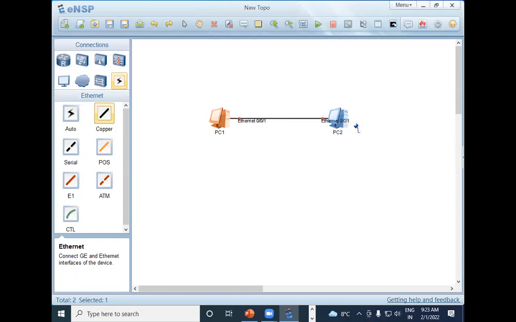Then click over here. After that, how can we remove this connection icon? We just press the escape key. After pressing the escape key, the connection icon will be removed. Now the next step is to